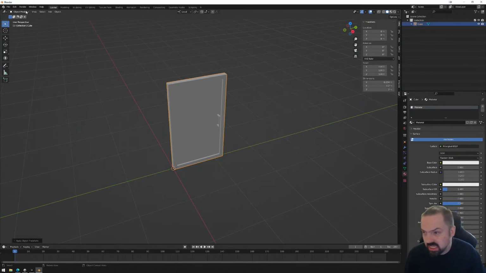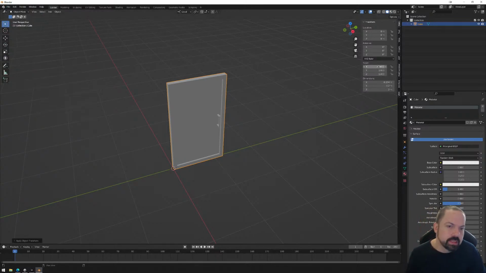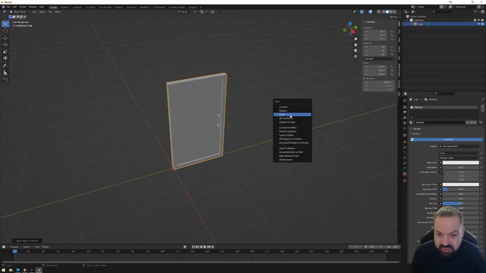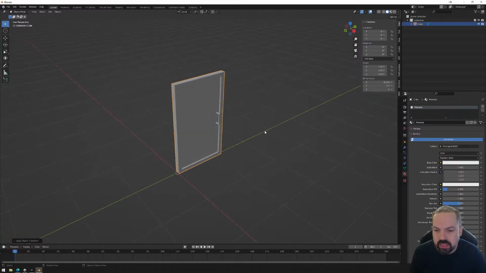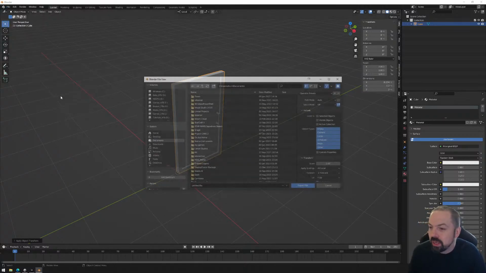Just going to do Control A because I did some stuff and I get into the habit of that because you want this in the transform, like the arrow or N, I think that does it as well. You want these to be 1, 1, 1 because otherwise the scale in Unity gets a bit messy, especially with light mapping and all that sort of stuff. If and when you get to that. Now, to make these 1 is Control A. So you basically apply all the transforms, or in particular scale. So that's kind of an important thing, so you don't mess up, or your assets aren't messed up. More to the point, when you get to Unity,